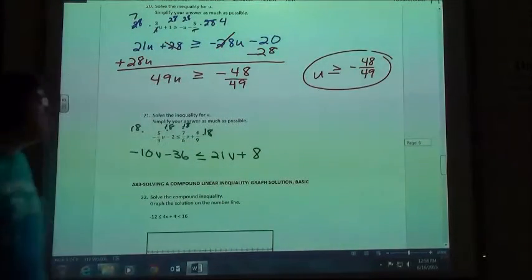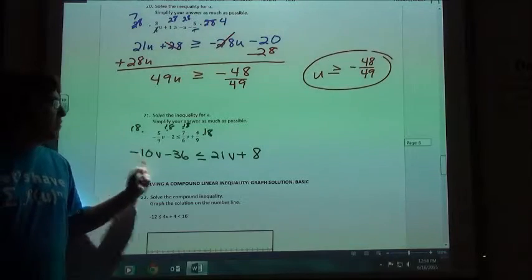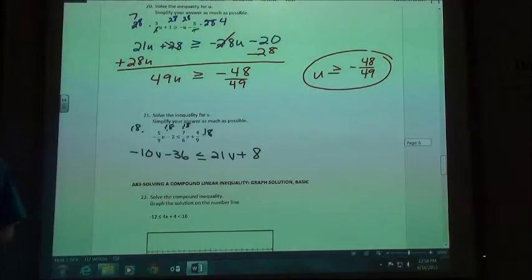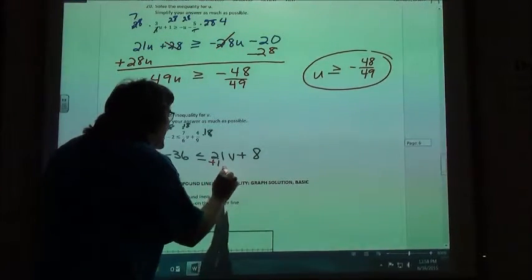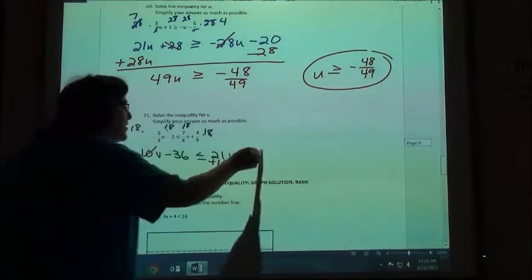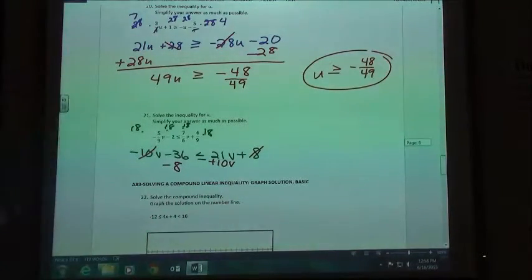So one thing some people like to do is they notice that if they move this over here, the b is going to be positive. You don't have to put the b on the left side. You can if you want to, but if you want to avoid having to flip your sign, move it so that your variable stays positive. So for fun, I'm going to add my 10b, because I can tell you guys are having so much fun, and subtract my 8. If I do that, I'm going to get